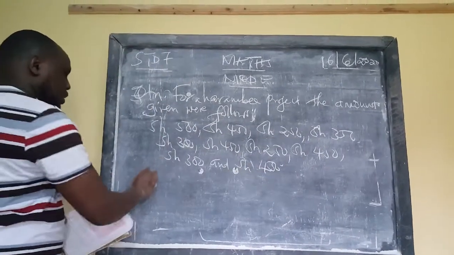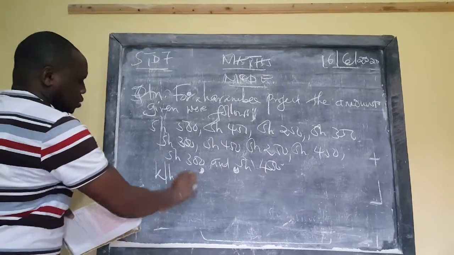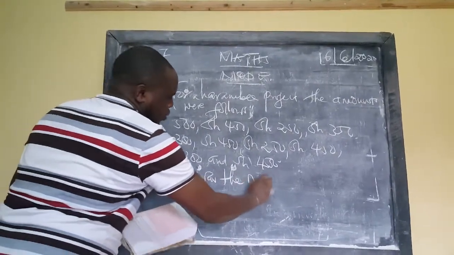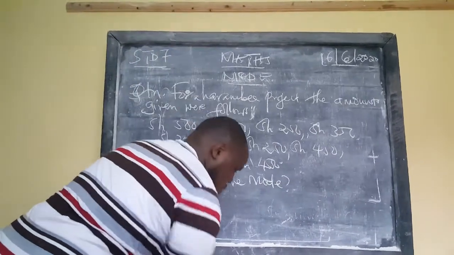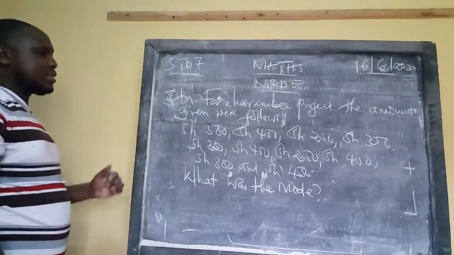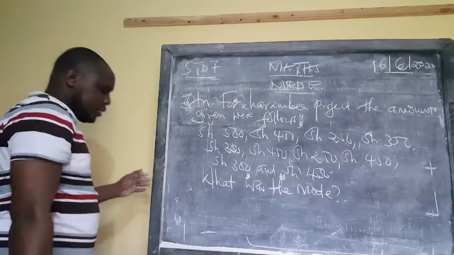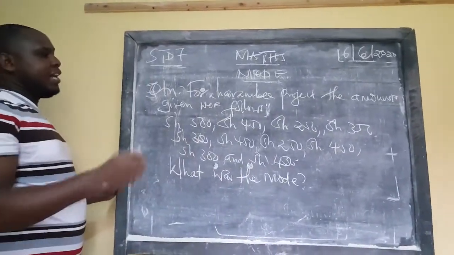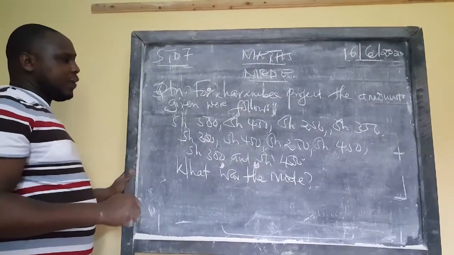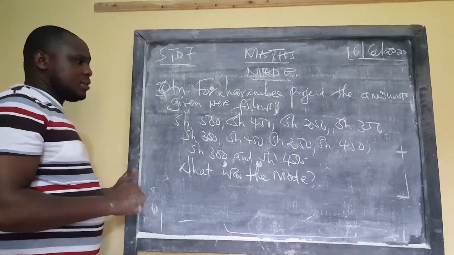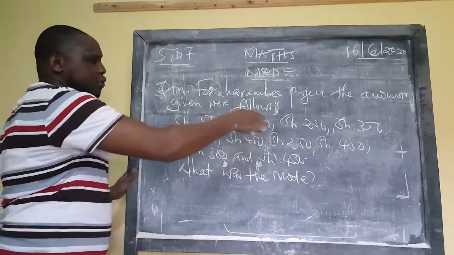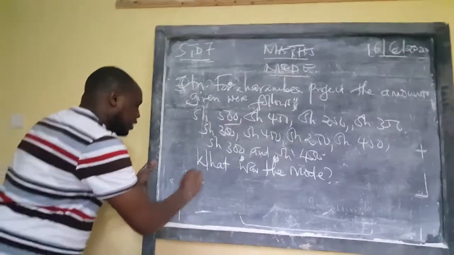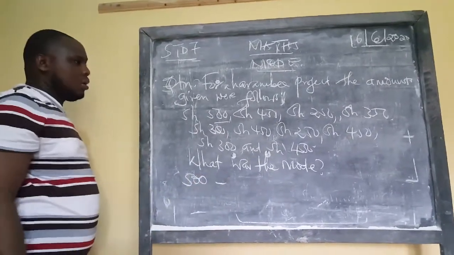Then the question is, what was the mode? What was the mode? Now for us to be able to get this, learner, it's very simple. Very, very simple. Identify the monies, in this case, the types of monies and how many times they appear. 500, let's see, 500 appears how many times? So 500